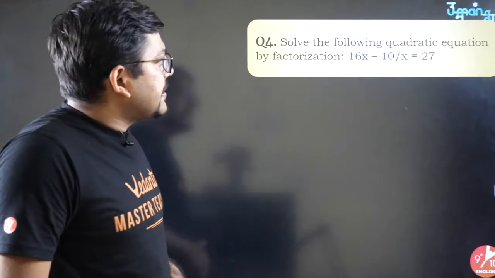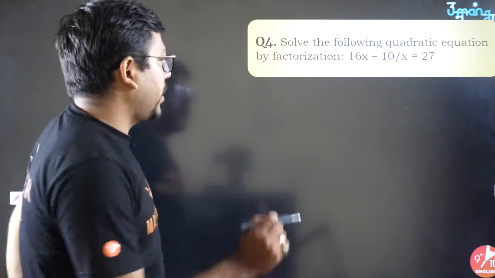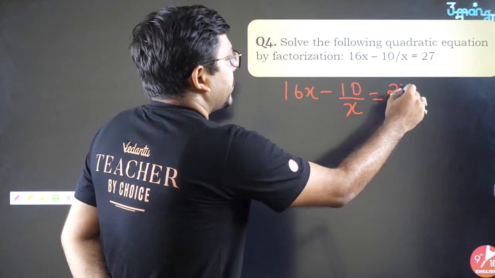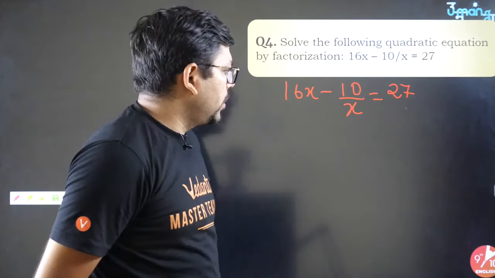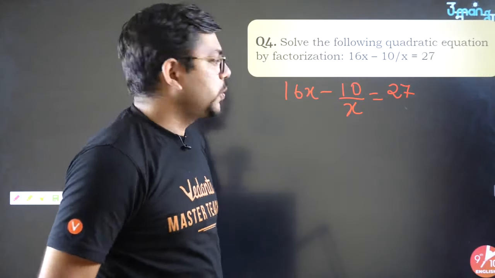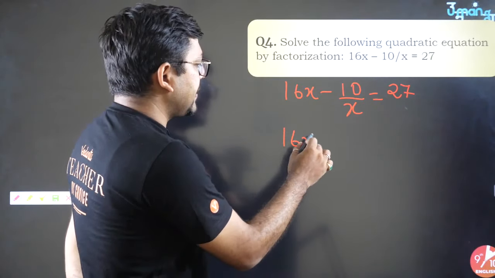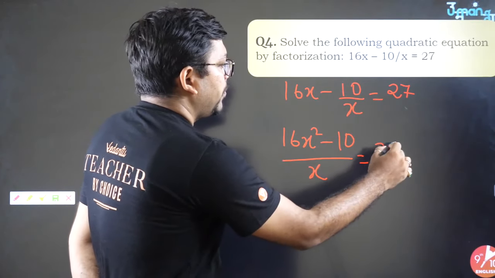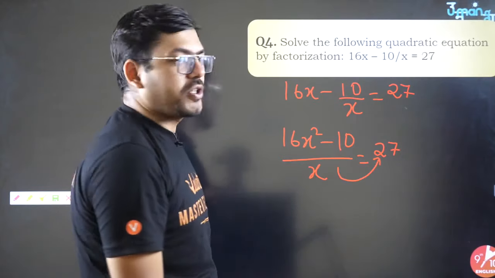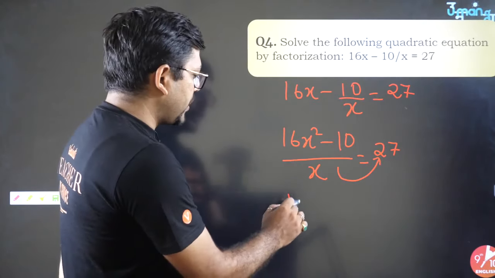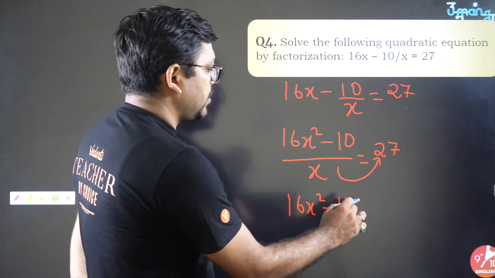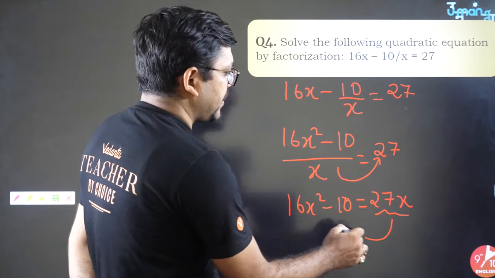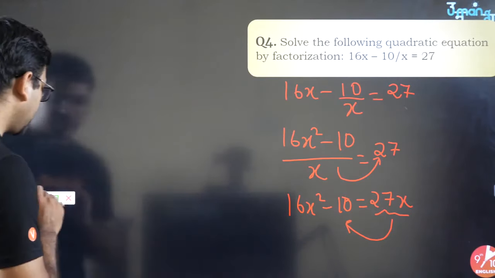So the question says 16x minus 10 by x is equals to 27. Okay, let's see that. Fine. Now you have to take the LCM. That's the only thing which you can do. So take x here. You will be getting 16x square minus 10. And here you will get x in the denominator, which you should transfer to the RHS. So you'll get 16x square minus 10 equals to 27x. You can put back this 27x to the LHS. And finally you will get the equation as